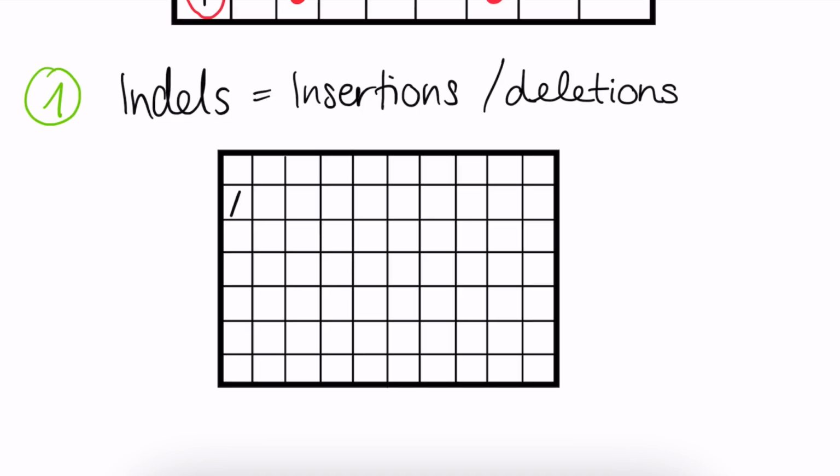So let's say we have a sequence A, T, C, C, A, T. We compare it to the same sequence, but we include an insertion of G, G, G. Now, let's fill in the matrix. As before, we put a dot whenever the column and the row character match up. Nice. So we've now filled in this whole matrix, but we can see that there is a big gap in